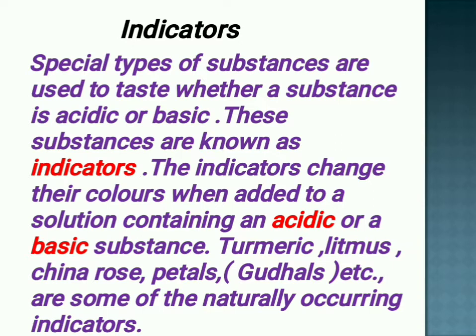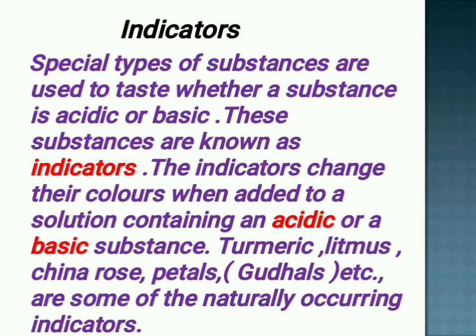that substance is called an indicator. So, in front of you, a beaker of acid is given, a beaker of base is given. Okay, and you are not told that this is acid and this is base. Simply in your table, a teacher has given you two beakers. In the two beakers, there are two solutions and you don't know what they are. And the teacher will tell you to tell which is acid and which is base.